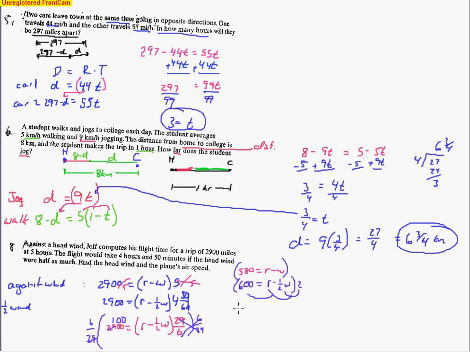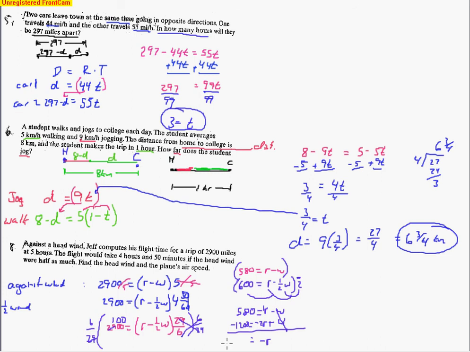And so let's go ahead and rewrite that first equation: 580 equals r minus w. And on this side, we'll multiply it by a negative, so that'll make this a positive w. It'll become a negative 2r, and now it'll equal negative 2 times 600, which makes negative 1200. So we add that stuff together. We get a negative r, because these will end up canceling. Notice how it's 1 minus 2 makes negative r equals, and then we just have to subtract the 1200 from